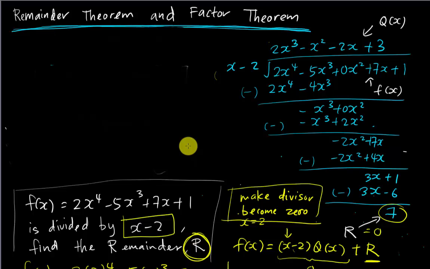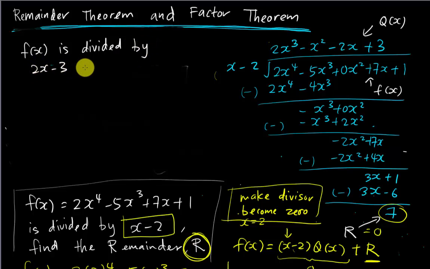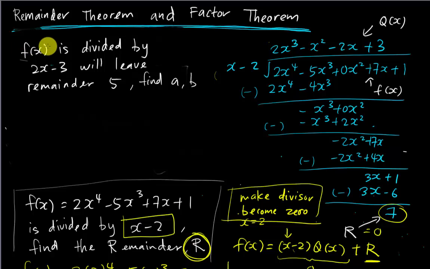Okay, so yeah, the question always will say something like this. The f(x) is divided by, let's say, 2x minus 3. We'll leave remainder, or sometimes they will say we'll have the remainder 5, and then ask you to find a or find b, something like this. Of course, in this case, I didn't give you the equation of f(x) because I just want